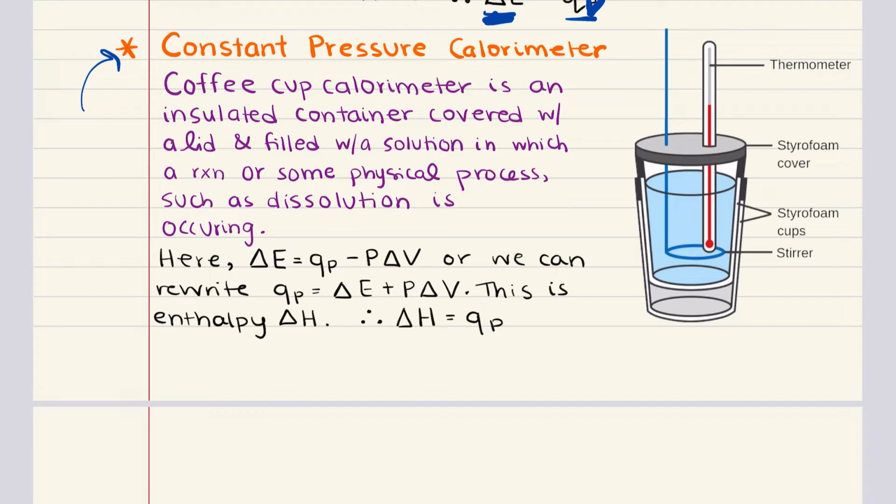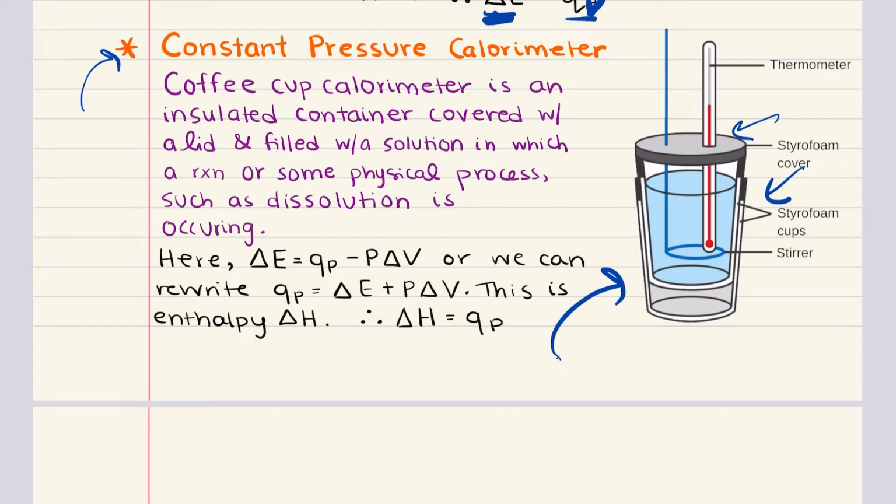So let's discuss heat flow under constant pressure conditions. Here we're going to measure heat flow while holding the pressure constant. In experiments where pressure remains constant, such as a coffee cup calorimeter, the setup is designed to be open at the top to the atmosphere. And this means that the pressure inside the calorimeter is going to be in equilibrium with atmospheric pressure, thereby remaining